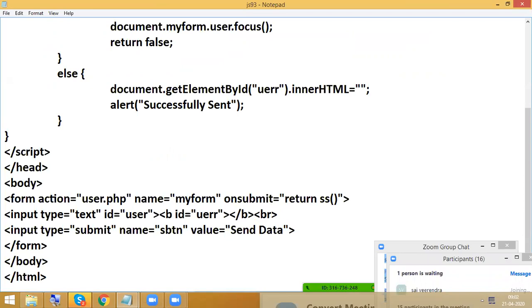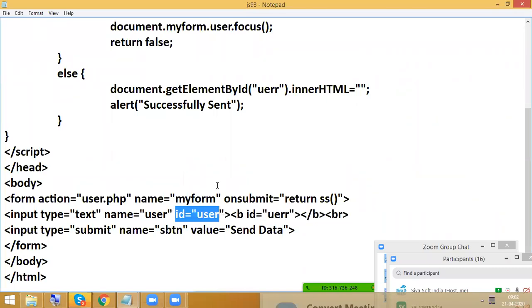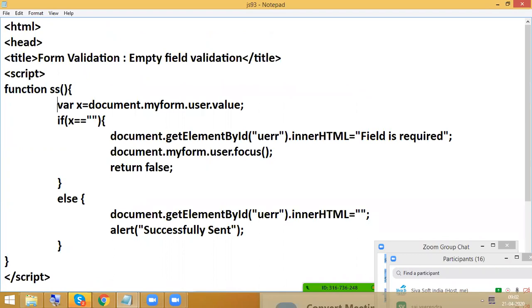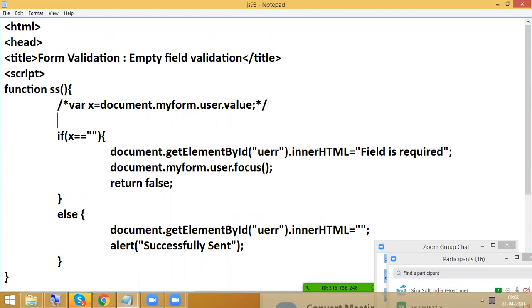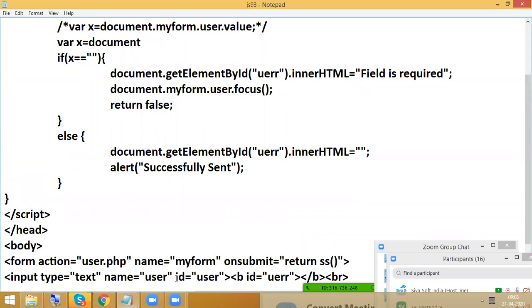Okay, so the ID, otherwise I will write it like this, ID equal to, it can be any name. Now I'm going to hide this by using a comment. So variable x equal to document dot, what is the reference name? It can be any name, no problem.